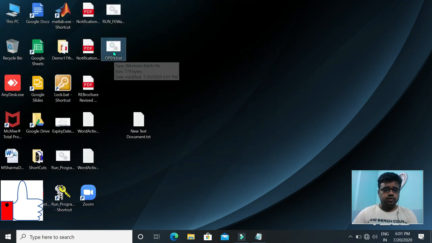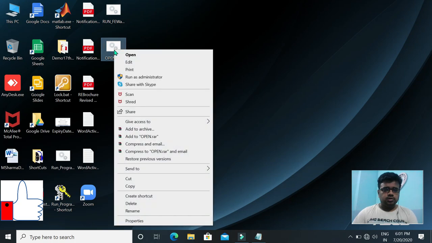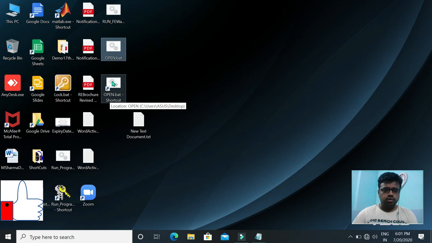Say open. Now whenever you double click this, you can also change its icon by taking a shortcut to the desktop. Create shortcut here. Now you can change its icon as I already discussed in the previous lecture.